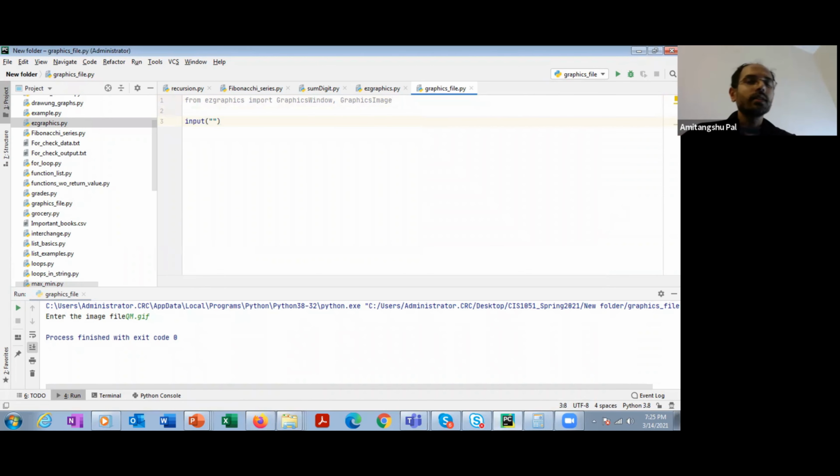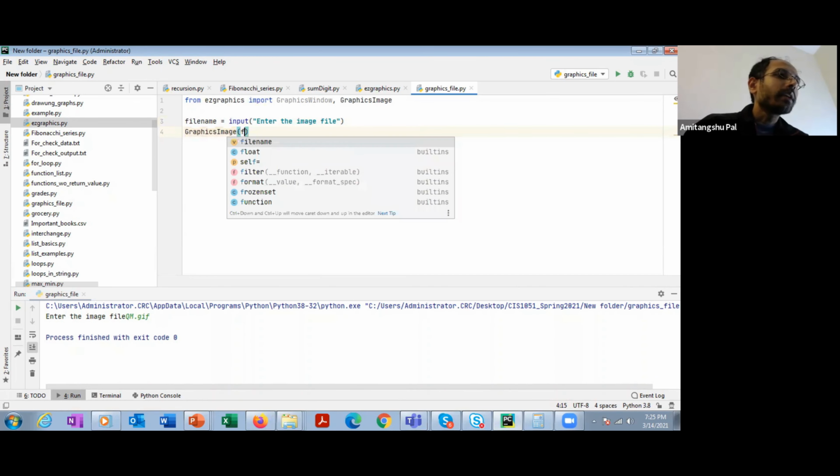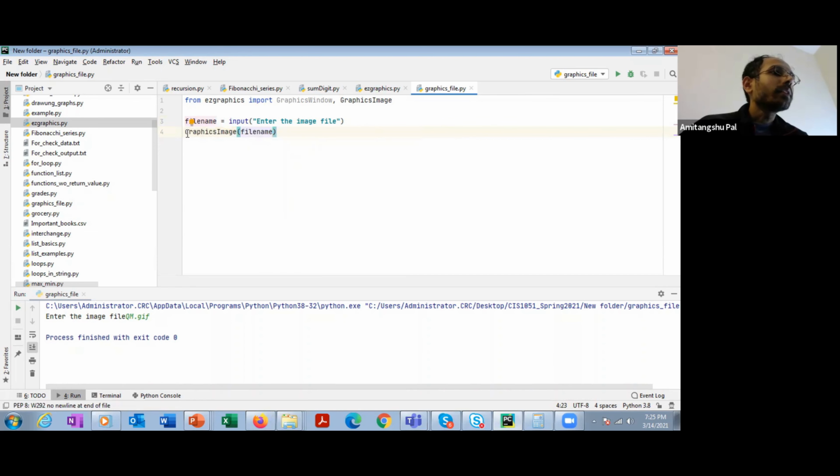Let's ask the user to enter the image file, and let's store it in the variable file name, and then let's use the graphics image function. This graphics image will take the file name and will create a new image that I'm going to store in the image variable.